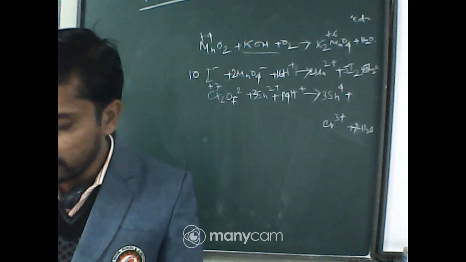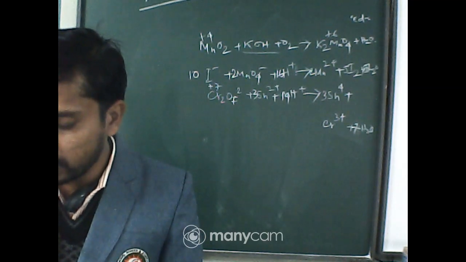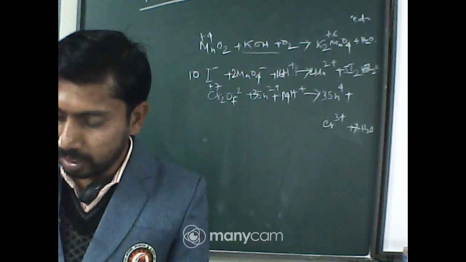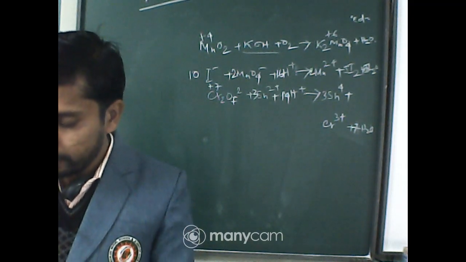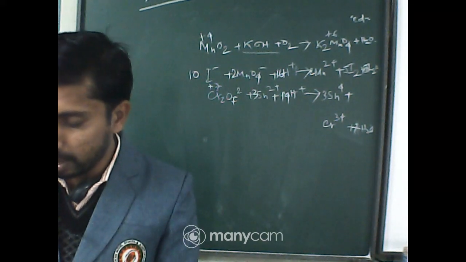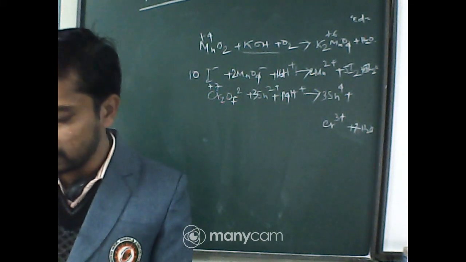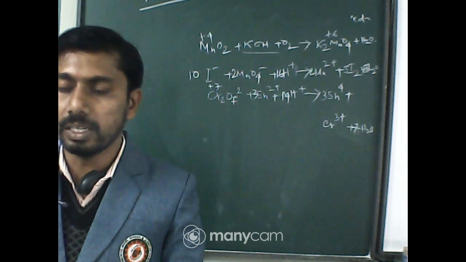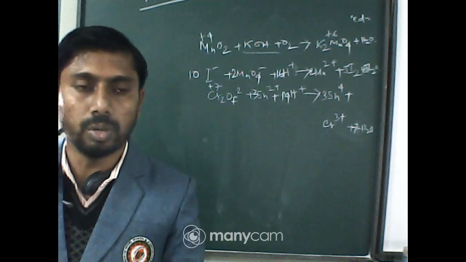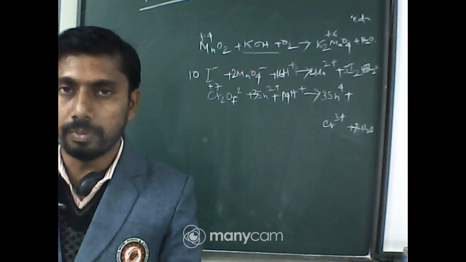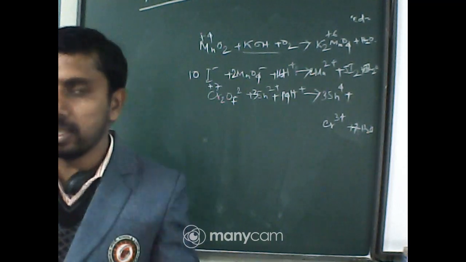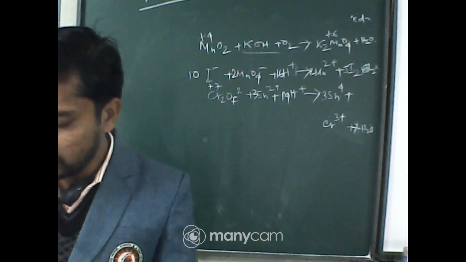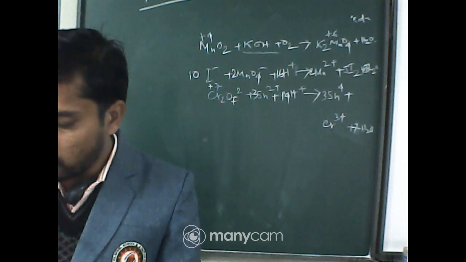Next question: ferric chloride is preferred over KCl in case of a cut leading to bleeding. Why? Ferric chloride has better coagulation efficiency. If you check, the valency of iron is +3, but for potassium it is +1. By the rule, coagulation depends on the valency of the cation present. Due to higher valency, iron is more efficient in coagulation.